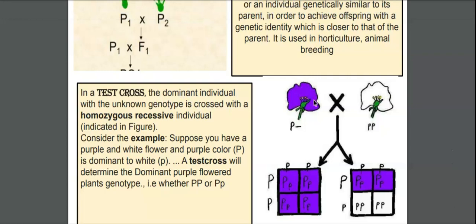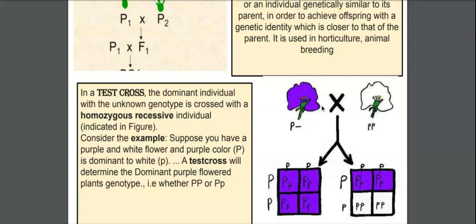So in this example here, you can see the pea plant. We know that purple flowers or violet flowers are a dominant trait in pea, and white flowers are a recessive trait. So we know the phenotype that it is purple, but this purple phenotype could be a result of a genotype that is homozygous, that means it could be a capital P capital P combination, or it could be a heterozygous dominant individual. That means in that case it would be a capital P small p.